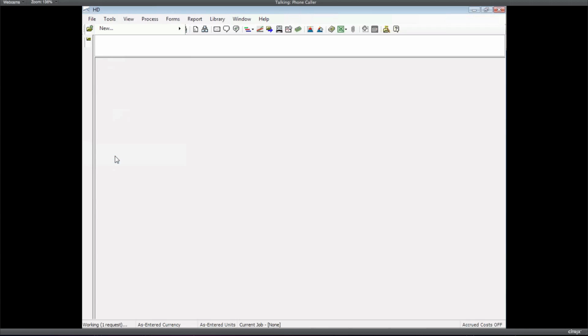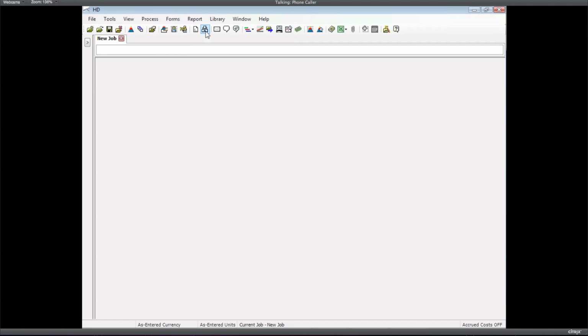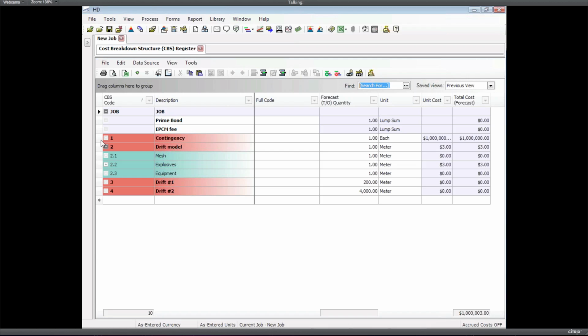And I've got a job here that has a little bit of structure in it to facilitate this scenario that I want to show you. So let's go to the CBS. Okay, this is another mining example. You can kind of notice a theme here. This example is,